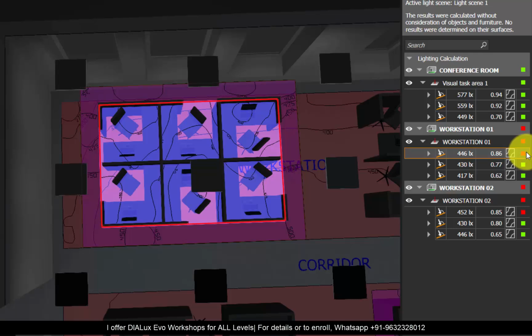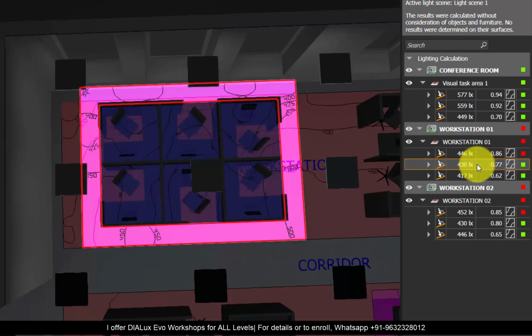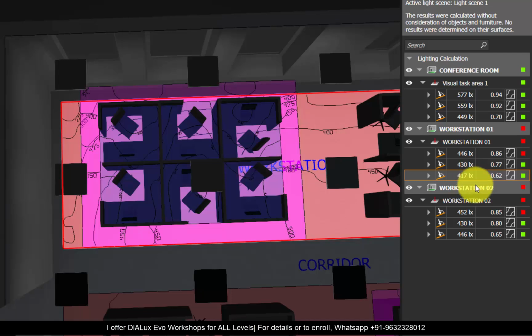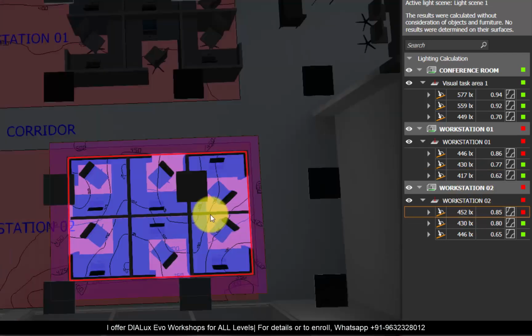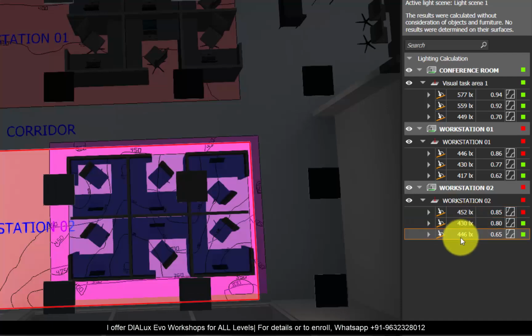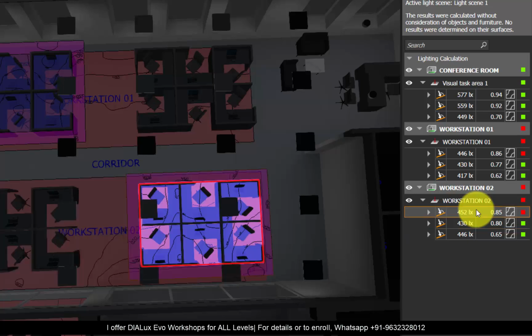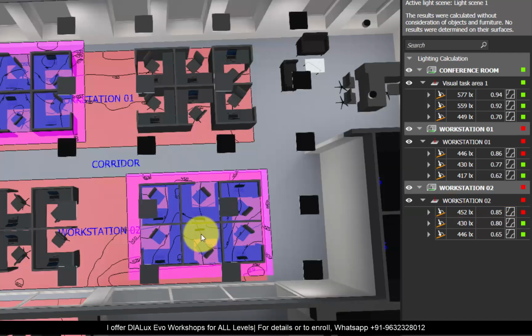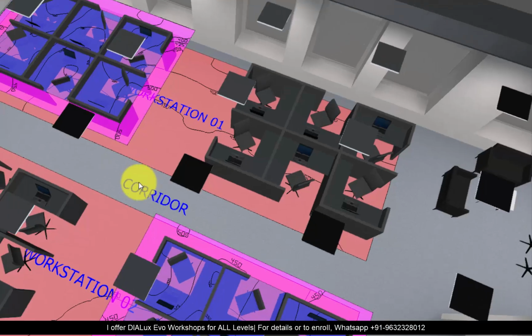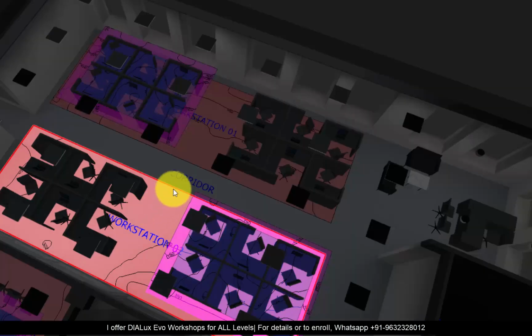That's why it's in red. But I'm achieving the lux levels for the surrounding area and for the background area. Even here on the workstation, I'm not achieving the lux levels, but the surrounding area and the background area, I'm achieving. So this helps you to modify your lighting layouts. Now my layout is simple. I'm just using the panel lights, but maybe you can add some more task lighting or maybe do a rearrangement of your lighting. Overall, this is how you are going to resolve your issue of the background area being applied